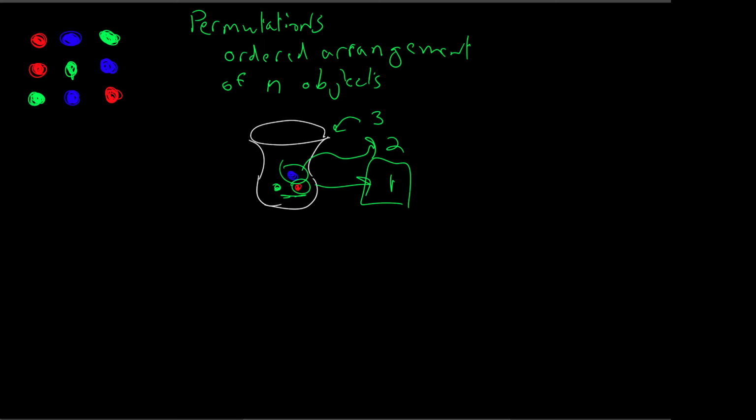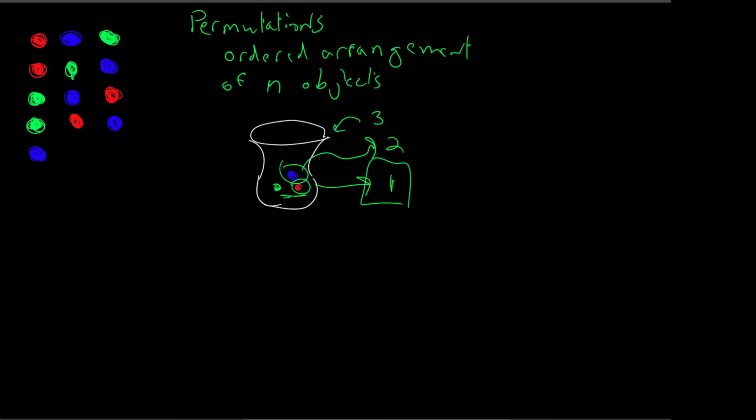On the other option for green, I've already pulled blue, so let's say red. So for pulling red first, there are two possible patterns. Pulling green first, there are two possible patterns. And I would surmise that pulling blue first